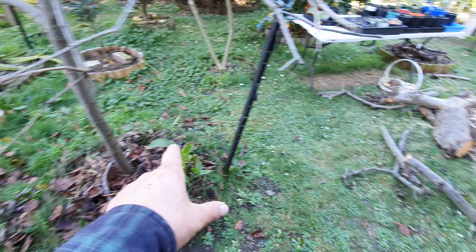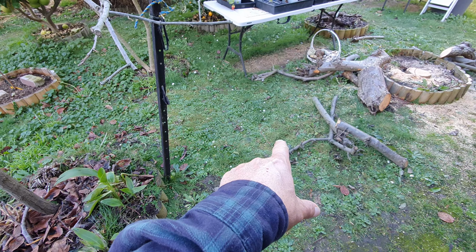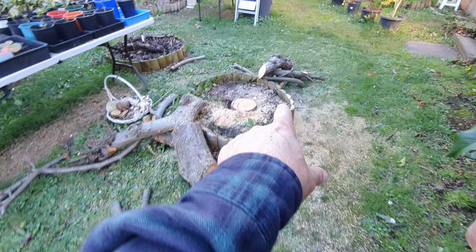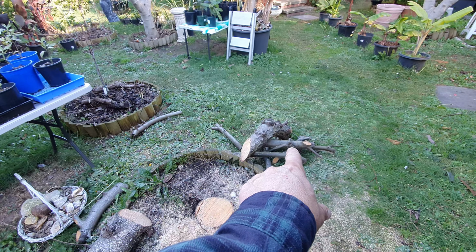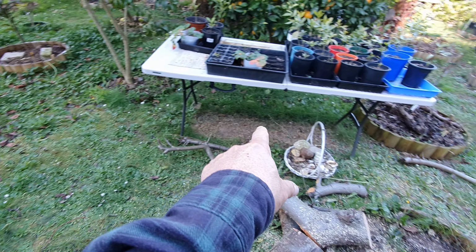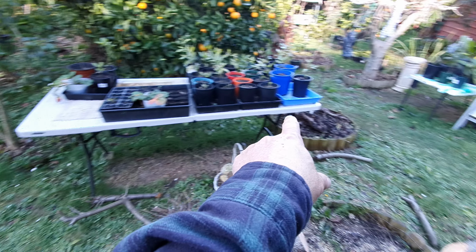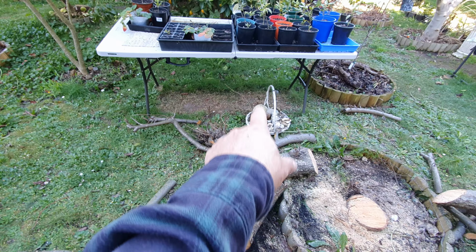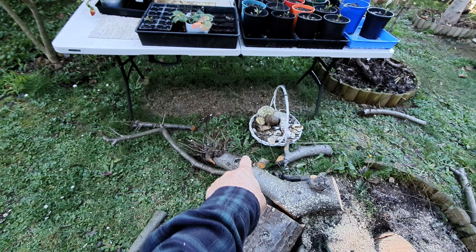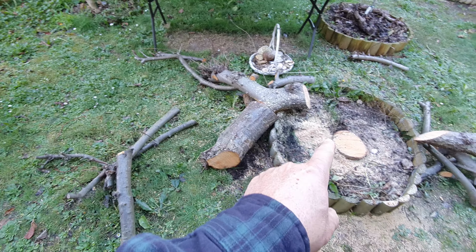This is the persimmon here. So one tree there on either side. One tree here in the middle, and one just there, next to the jujube, the young jujube. So two, and one in the middle here, between the new tree there and the new tree here, right in the middle. Basically, right in front of this table here. So 3 new trees to replace this